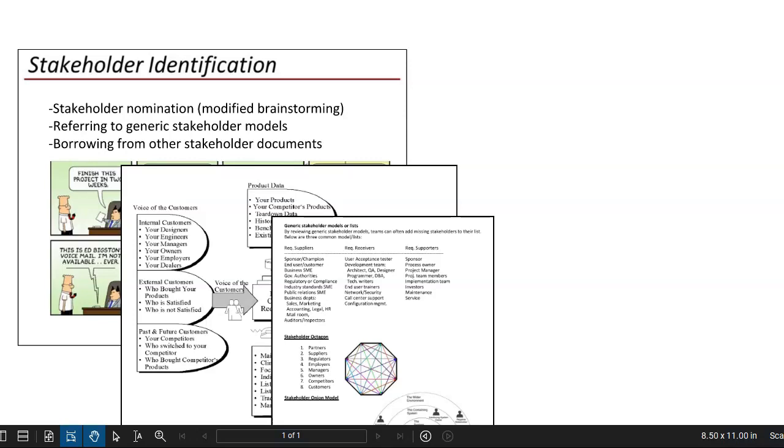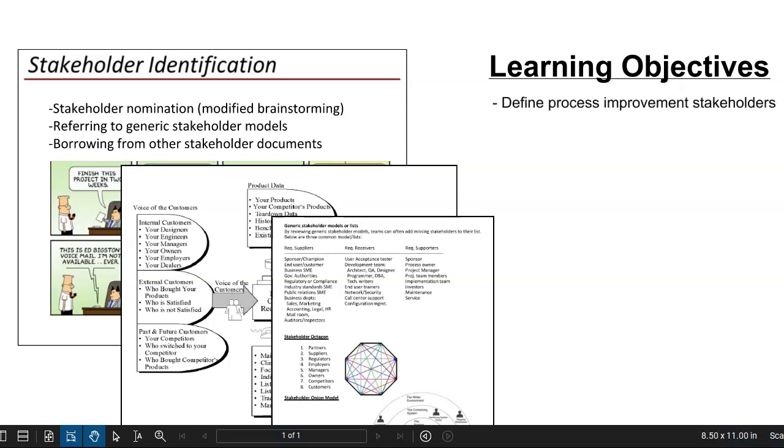In this video, we'll be taking a look at stakeholder identification, and the specific learning objectives will be to first take a look at what the definition for stakeholders are for a process improvement project. It's a little bit different than in traditional projects. Then we'll take a look at when we do stakeholder identification and why it's an important precursor to the voice